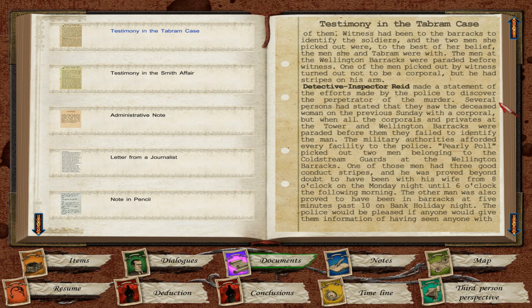Witnesses had been to the barracks to identify the soldiers, and the 2 men she picked out were, to the best of her belief, the men she and Tabram were with. The men at the Wellington Barracks were paraded before Witnesses. One of the men picked out by the witness turned out not to be a corporal, but he had stripes on his arm. Detective Inspector Reed made a statement of the efforts made by the police to discover the perpetrator